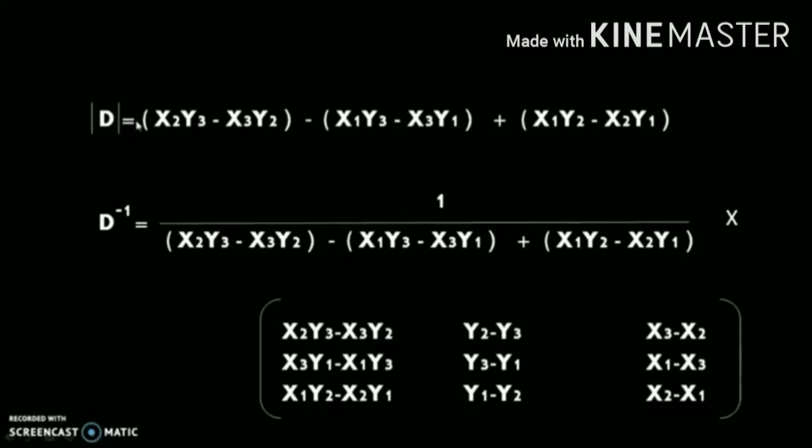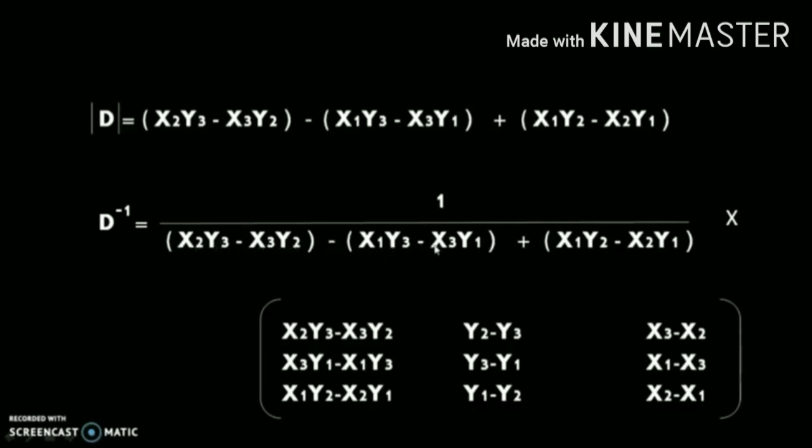The determinant of that particular matrix will be given as x2 y3 minus x3 y2 minus x1 y3 minus x3 y1 plus x1 y2 minus x2 y1. Then the inverse of matrix D is given as 1 by the determinant of that particular matrix into the transpose of the cofactor matrix. On substitution, we will get D inverse is equal to 1 by x2 y3 minus x3 y2 minus x1 y3 minus x3 y1 plus x1 y2 minus x2 y1